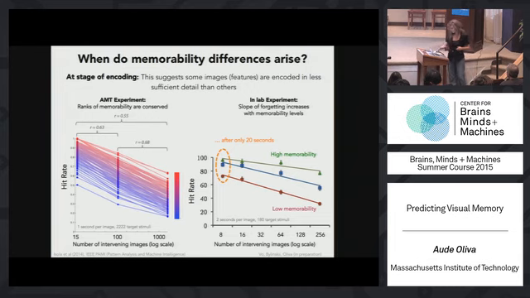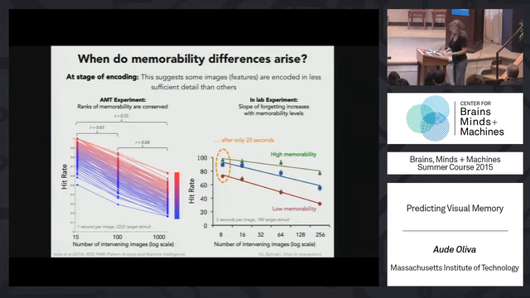We did those experiments both on the web as well as in the lab, because in the lab we could control for more factors. And it was very interesting to see in the lab experiment that only after 20 seconds there were images that were totally forgotten by a good amount of people. So some images seem to really not stick and be gone in I don't know how many seconds. We did not go really to short-term memory. We work starting in long-term memory at 20 seconds and so on, but there's this phenomenon.